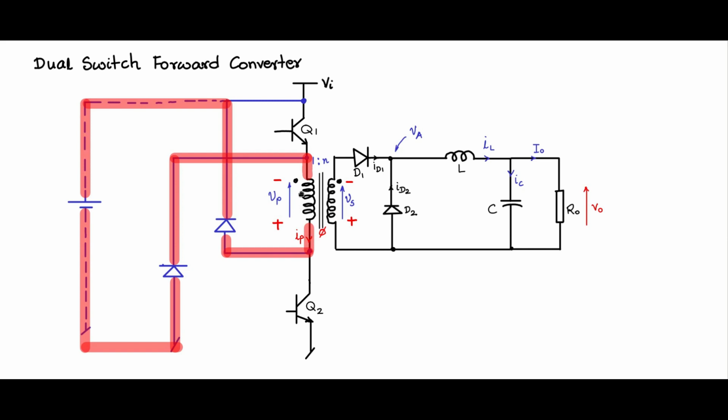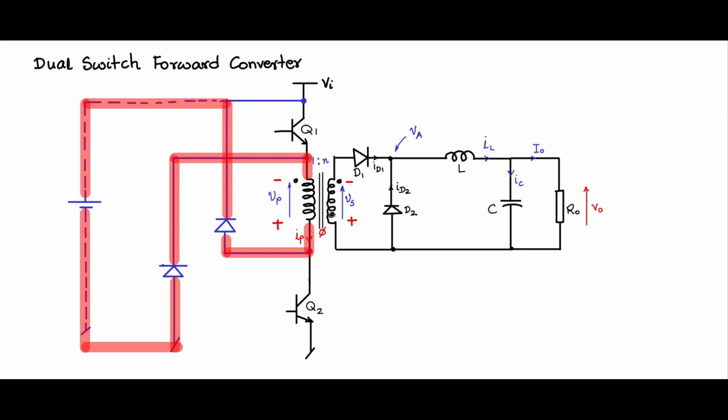So you have to allow the same time, because again it is 1:1. The magnetizing is happening at Vi by N. The demagnetizing is also happening at the rate Vi by N. Therefore, you have to allow the same amount of time for demagnetizing as you are allowed for magnetizing, and therefore this is also limited to 50% max duty cycle.